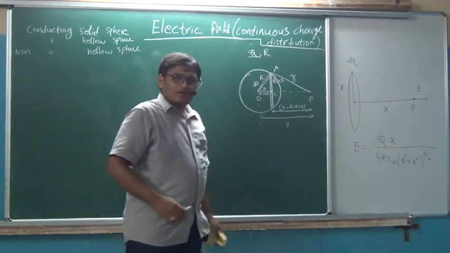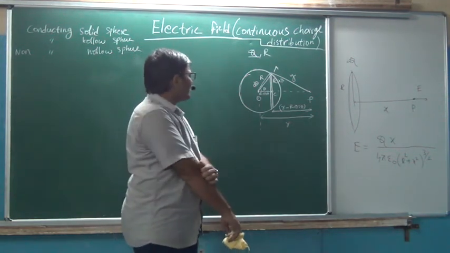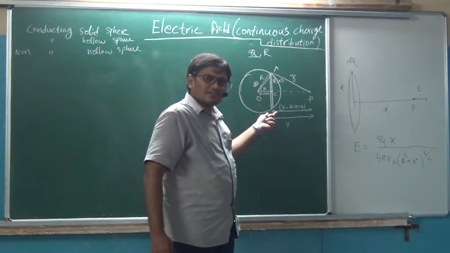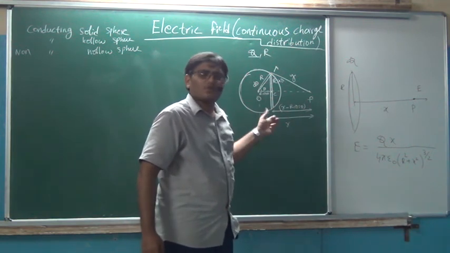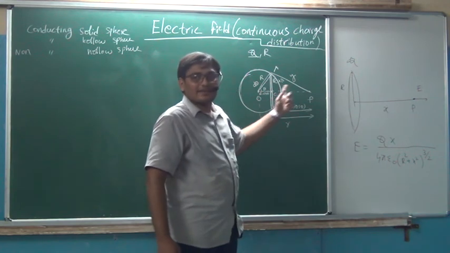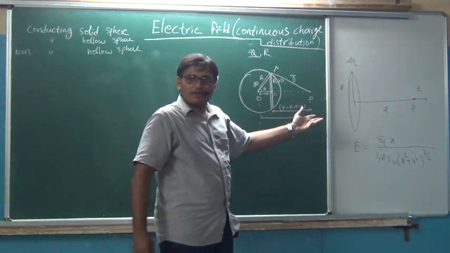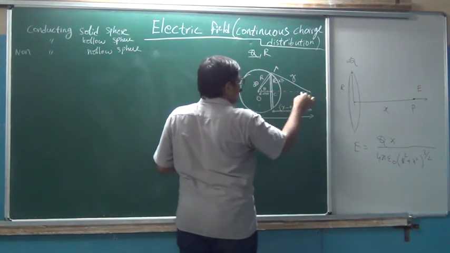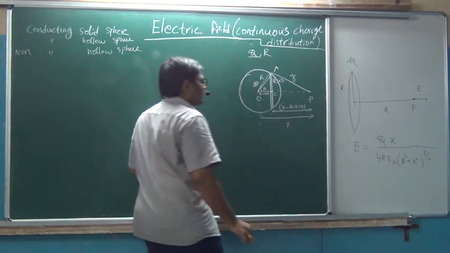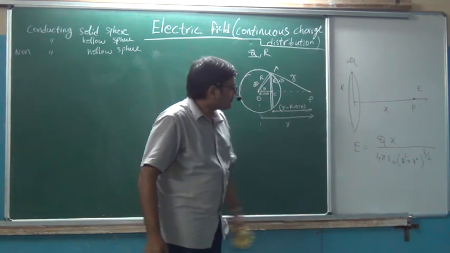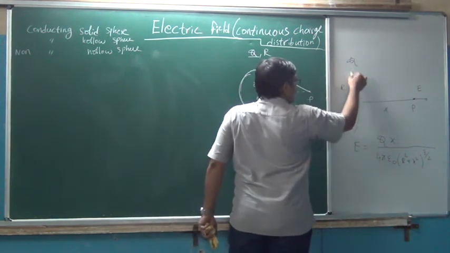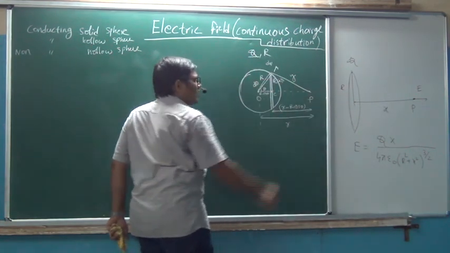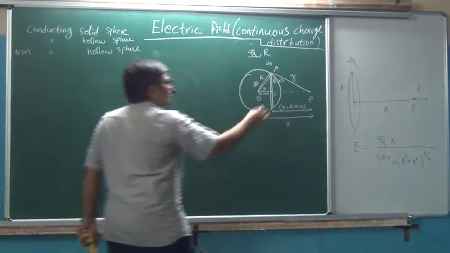Then how should I proceed with this? What is my target? Electric field at this point P due to this differential element, that is the ring, or the total sphere. Total sphere. For that, first I will calculate for the ring. Then I will integrate. This is the procedure now. If I calculate for this ring, the electric field due to this ring charge distribution at this point P, how much will it be? You go for that. On the ring, the charge Q is distributed in the form of a ring. Here, what is the charge of this ring? dq.